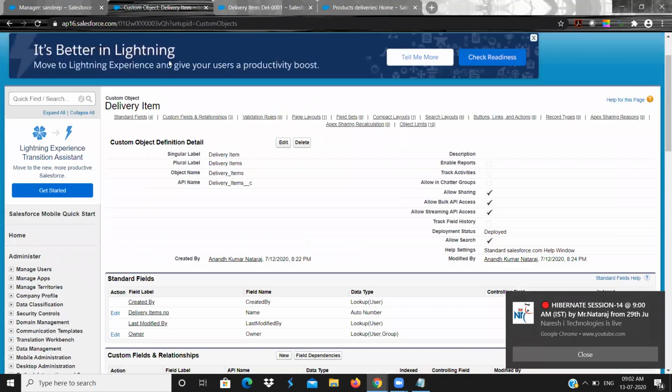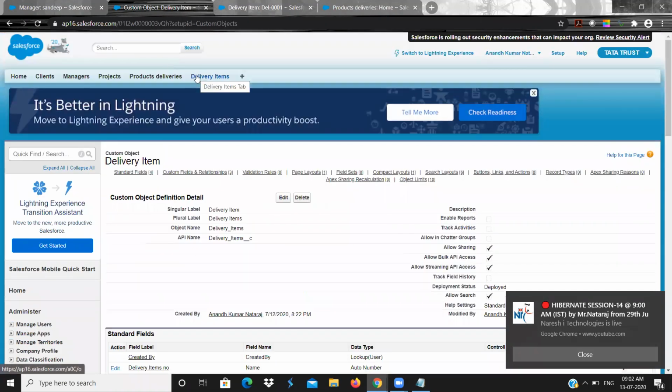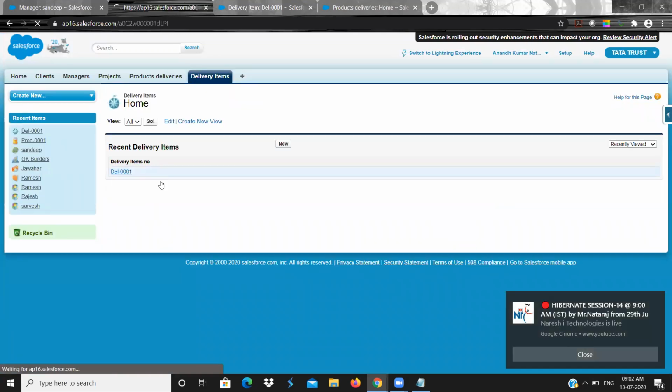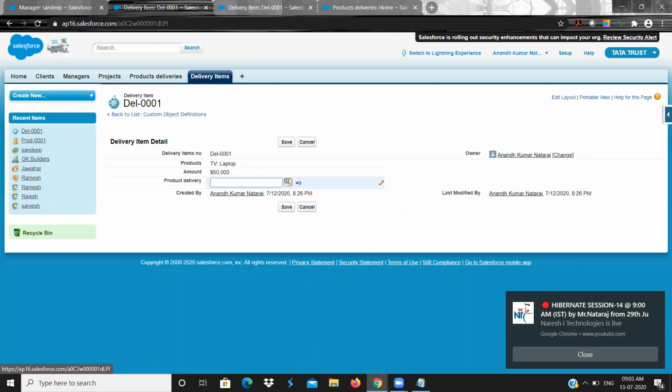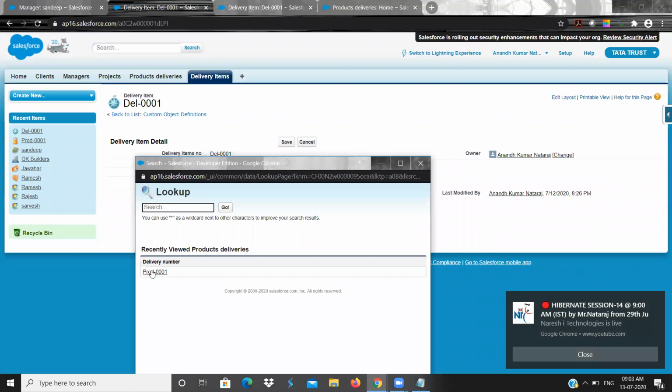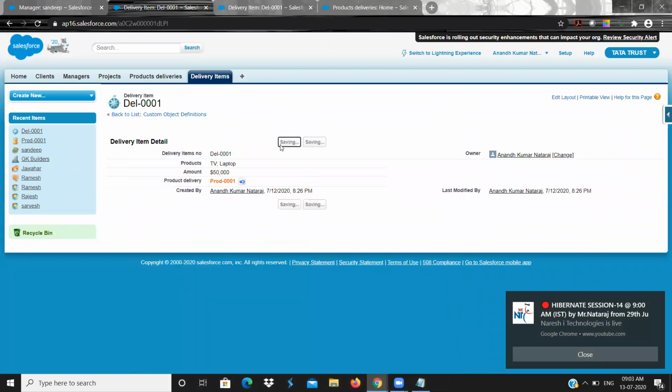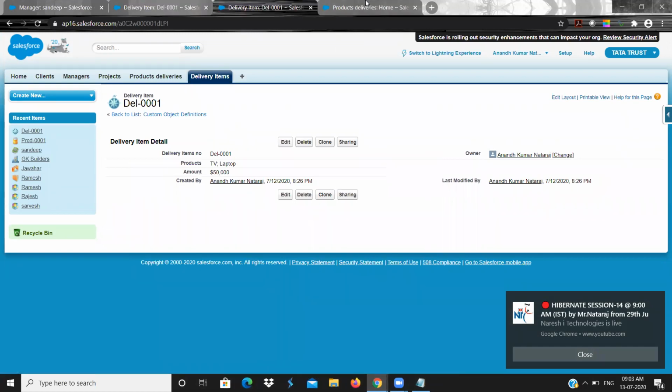What we need to do is go to delivery items and populate the value. So I'm adding this product one and saving it. Even if I save, I got a value.